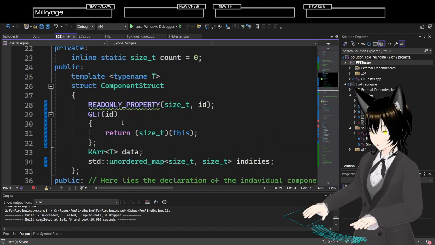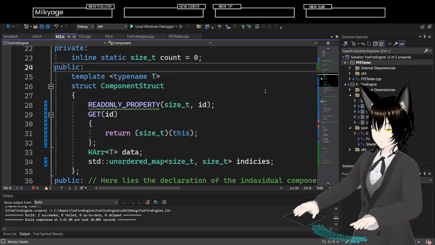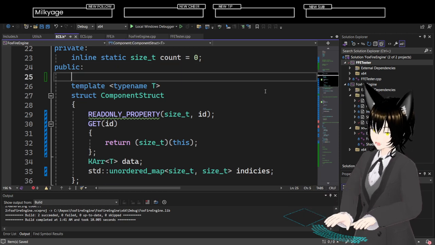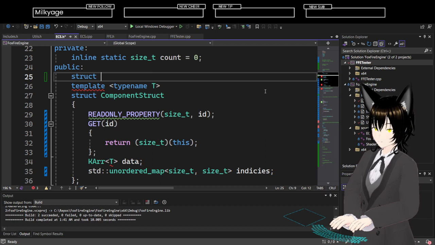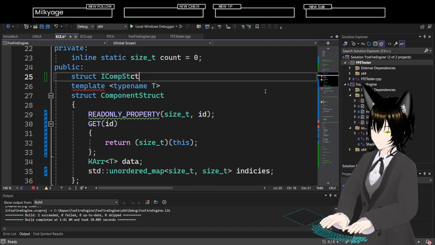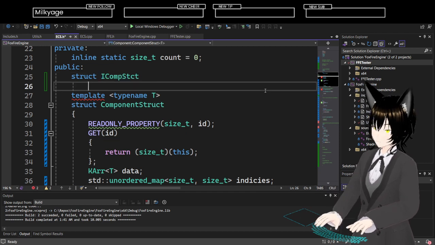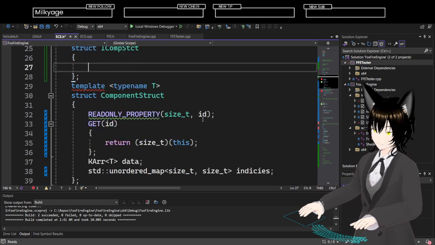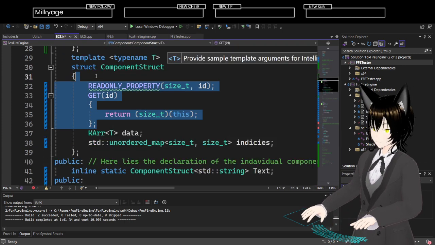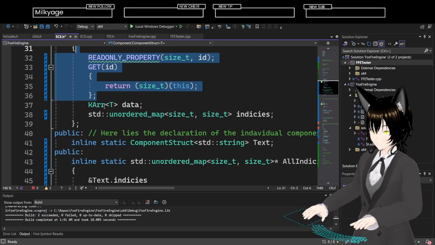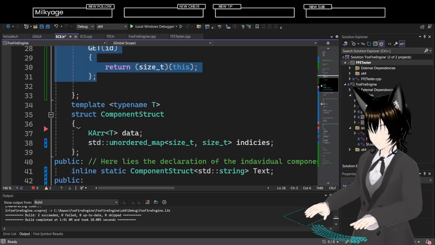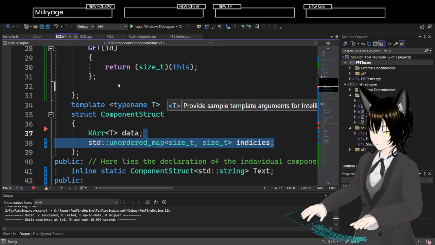The only other way of doing this is with a struct. In the comp struct I can move that there, and that there.